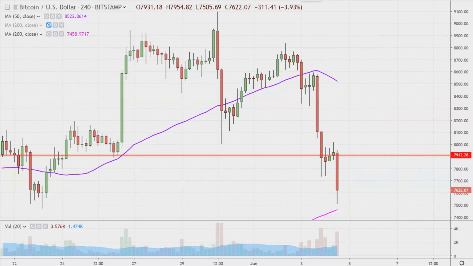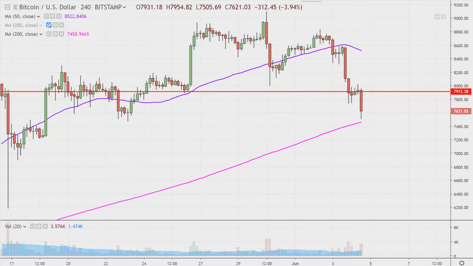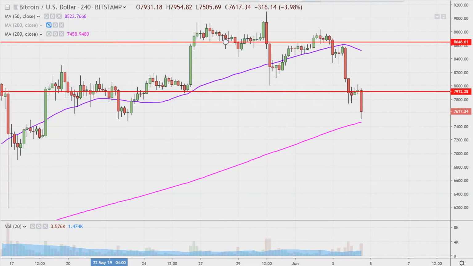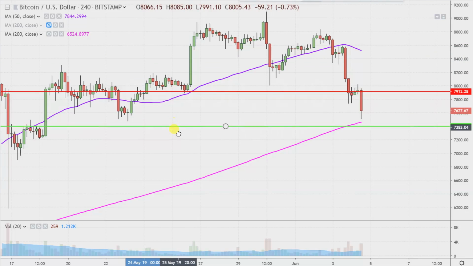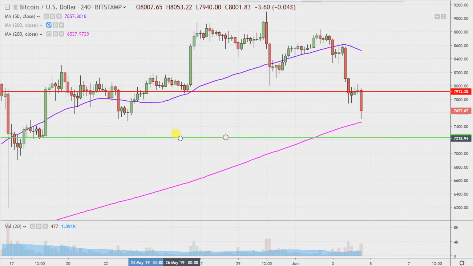Now on the flip side of things, the other question you need to ask yourself, to offer a little more context, is where the price is at. If you're answering that the price is still down below 7,900, the next question would be, okay, where is the price relative to 7,200? 7,200 is very important, because if the price is down below 7,200, that would imply that the price has also broken down through the pink line there,